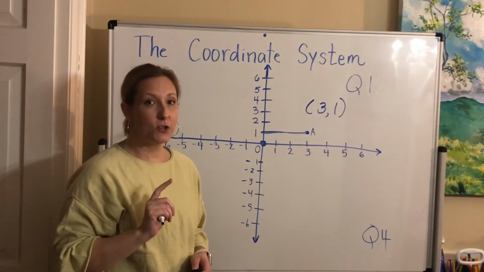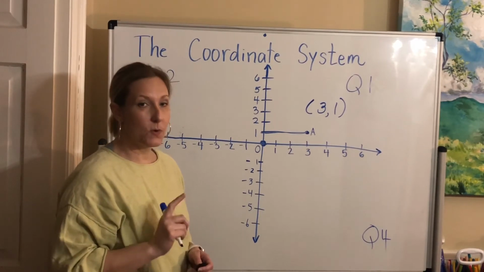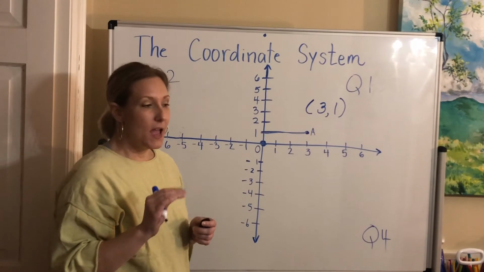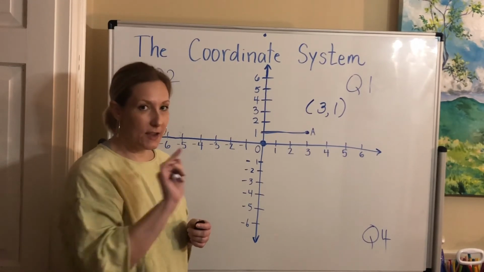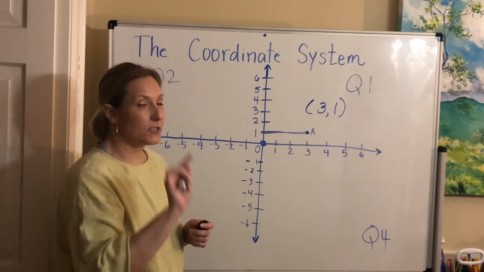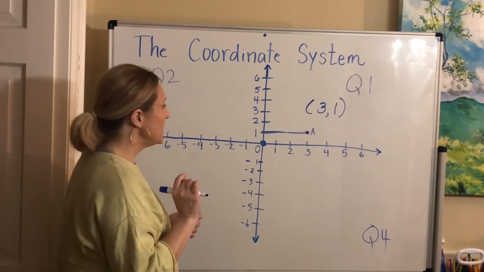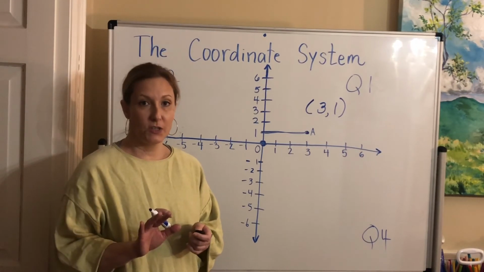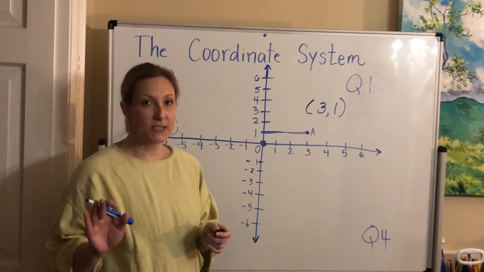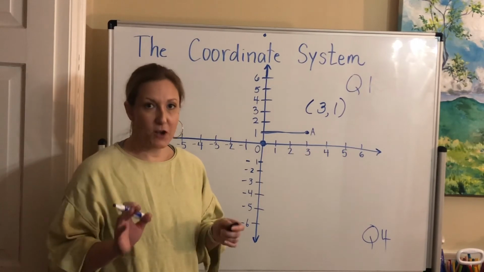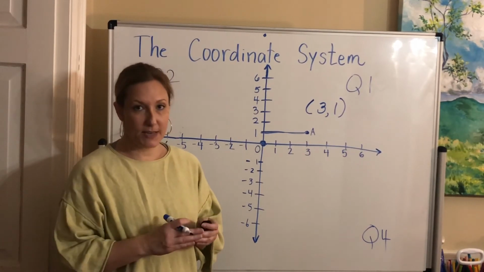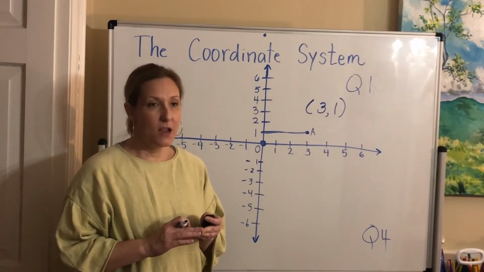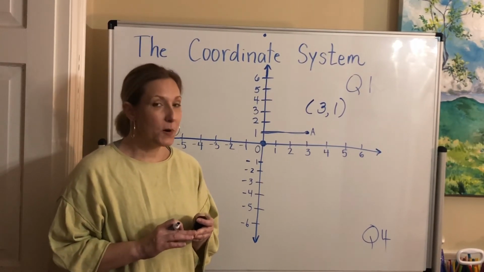Now, I want you to try to do 2 through 6, answer those questions on your own, and I will send your parents the answer key so that they can check it to see if you are doing the x-axis first and the y-axis second, because that is the only way it's going to come out right. Once you have finished 2 through 9 and done them successfully, had them checked by your parents, and then corrected any mistakes that you made for numbers 2 through 9, you may start the first part of your math